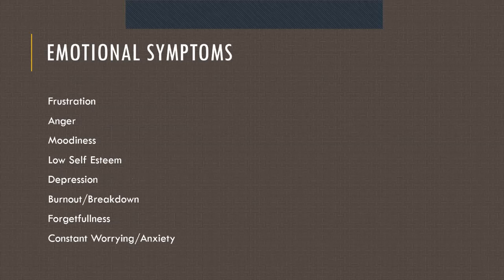Next are emotional symptoms. Let's see what emotional symptoms we generally see when we are stressed. First one being frustration, anger, and moodiness. These three generally come side by side. When we are frustrated, that means we are angry, and when we are angry, we tend to show moodiness. Frustration is something where, if we are doing something and it's not happening the way we want, then frustration creeps in, and consequently anger also. Next is moodiness. You can be in a foul mood.